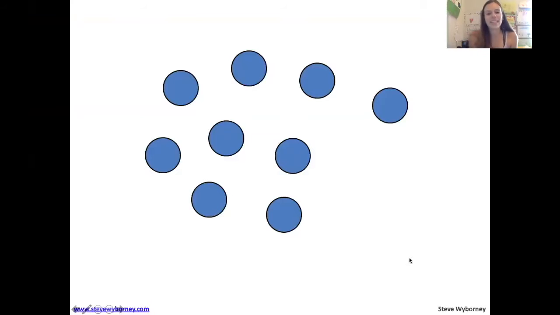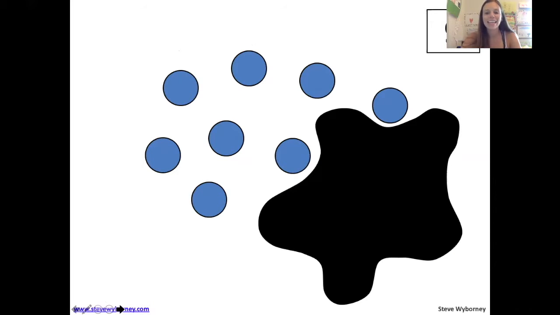All right, let's start with this one. How many dots do you see? That's right, there are 9 dots. Let's count them. 1, 2, 3, 4, 5, 6, 7, 8, 9. How many dots do you think are under the splat? How do you know? You can say my answer is, and I know because